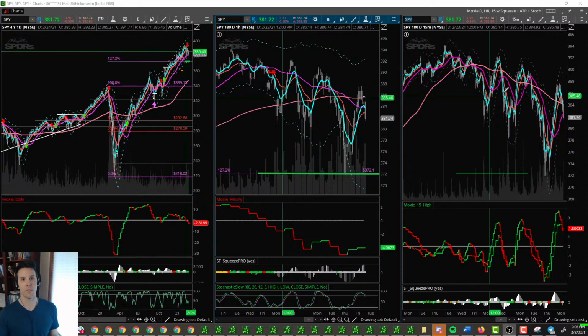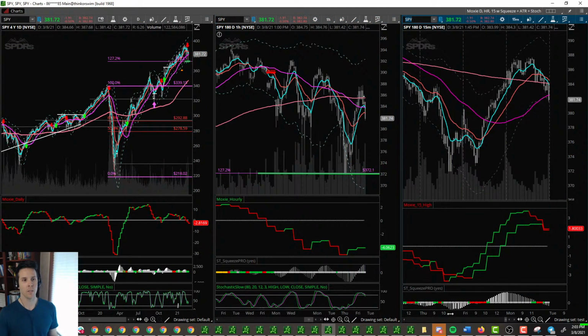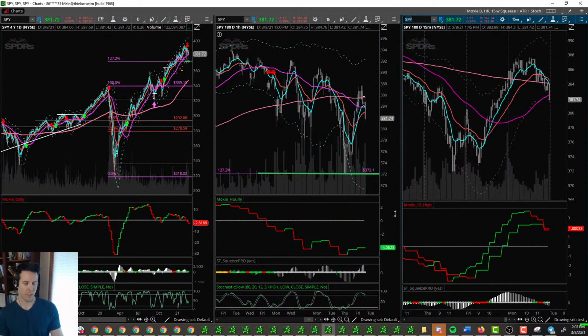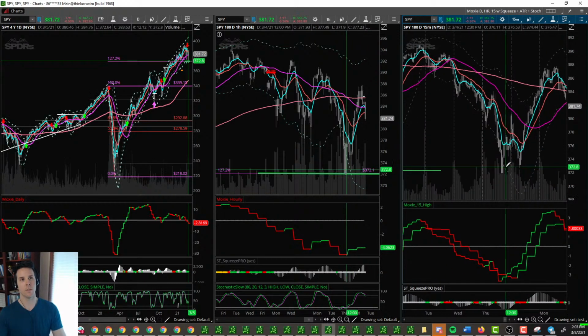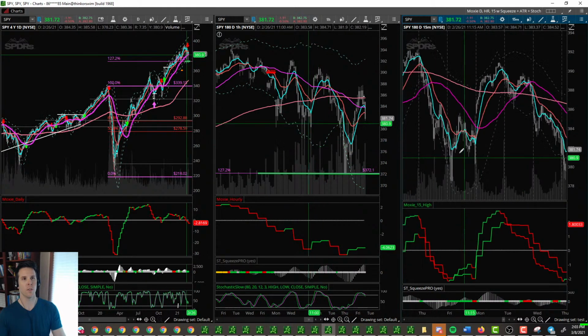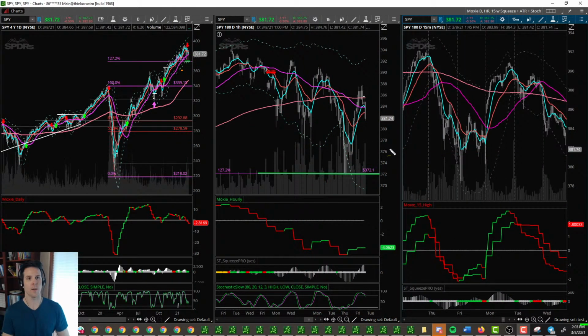For example, look right here. You see that? It's a double bottom. But sometimes it comes in a different form. Is it a true double bottom? What if it shows up on the hourly chart? What if it shows up on the 5 minute? What if it's a double bottom that works for a while and then fails? Let me slide this over here and show you. You can see here's another double bottom that worked for a while and then we rolled over.